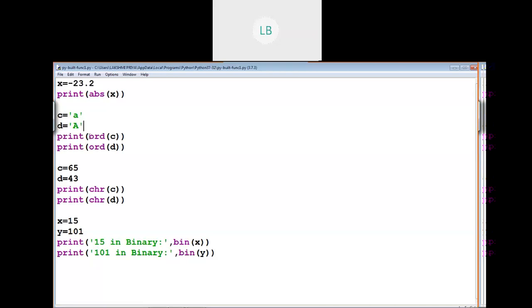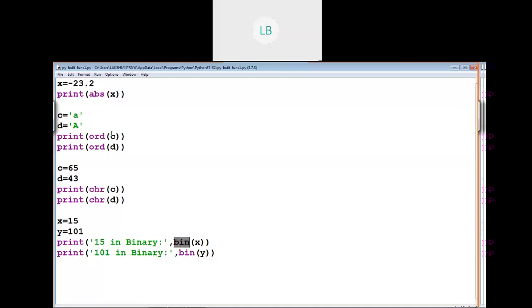We are going to use the ord function for these values. And here c equal to 65, d equal to 43. We are going to use the character function for these variables. x equal to 15, y equal to 101. We are going to use the binary function for these values.